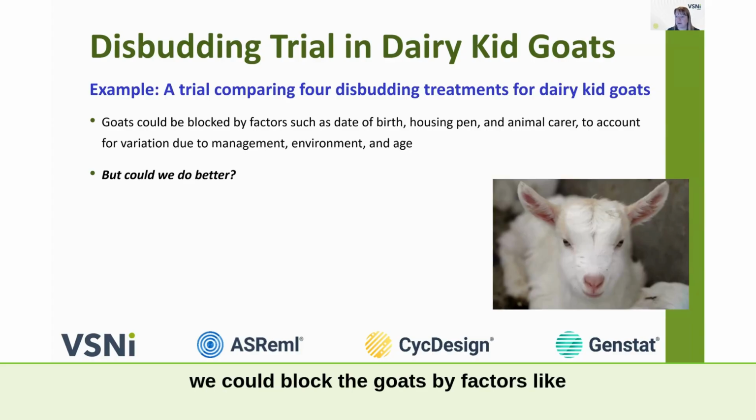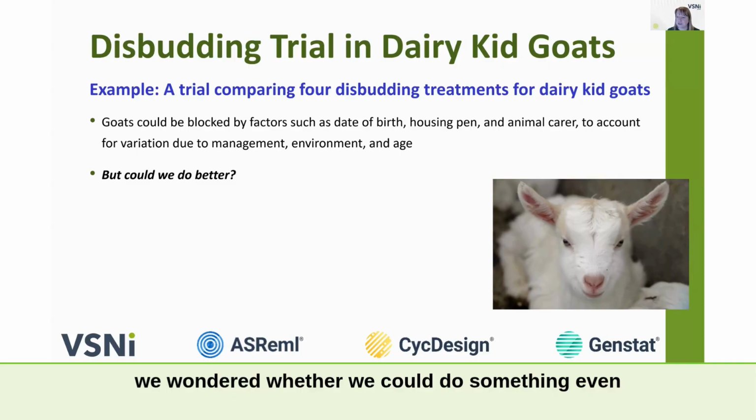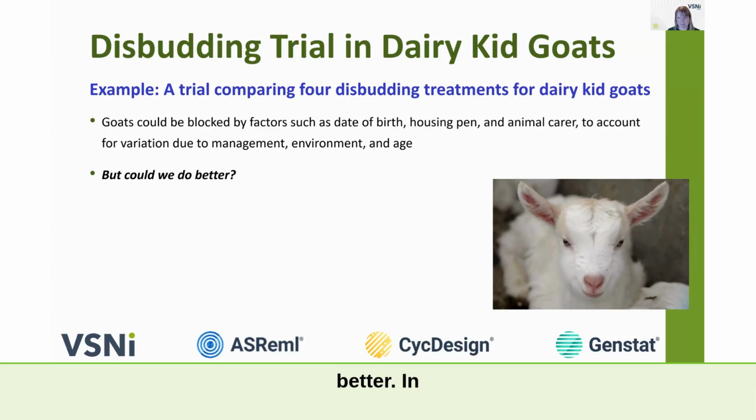Of course, we could block the goats by factors like age, housing, animal carer, genetics, etc., to account for differences in management, environment, age, and other things. But we wondered whether we could do something even better. In addition, in particular in animal research, a key ethical principle is to use as few animals as possible without compromising the overall value and validity of the research. So,